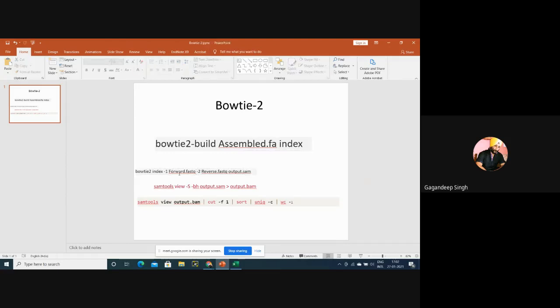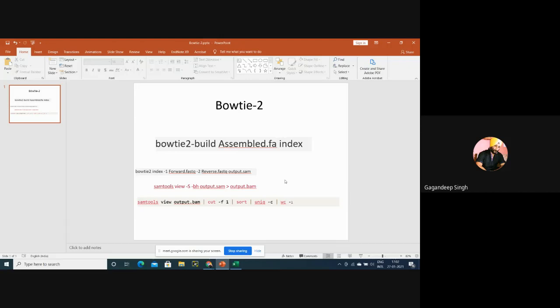Now what are this forward fastq and reverse fastq? If this forward fastq and reverse fastq are related to disease, then we select only the disease condition, meaning we are running one condition only. Then we will select forward fastq and reverse fastq from the normal condition. Finally, we'll see how many reads are mapped in the normal condition and how many reads are mapped in the disease condition. Then we'll find those mapped reads in output.sam.